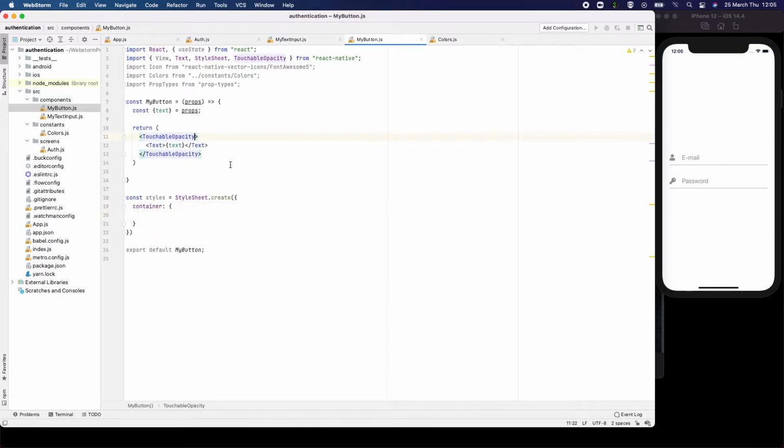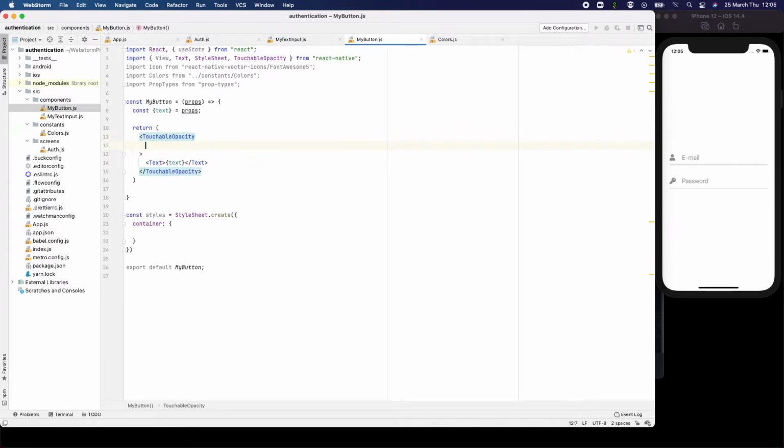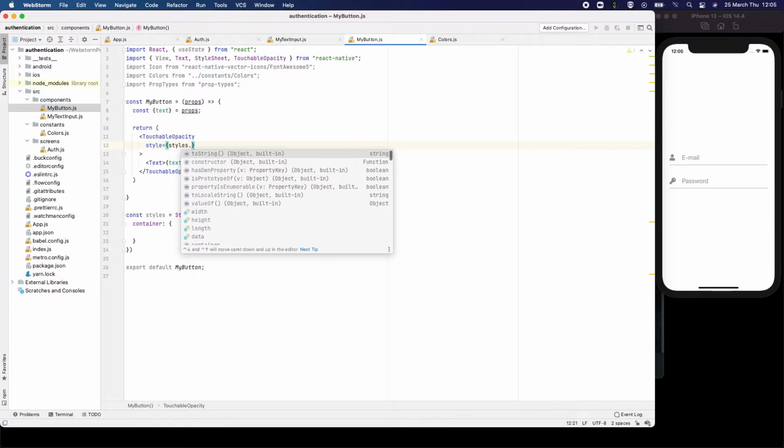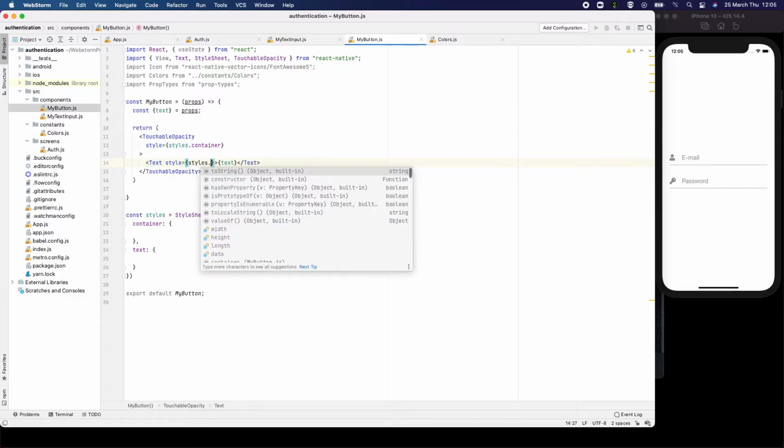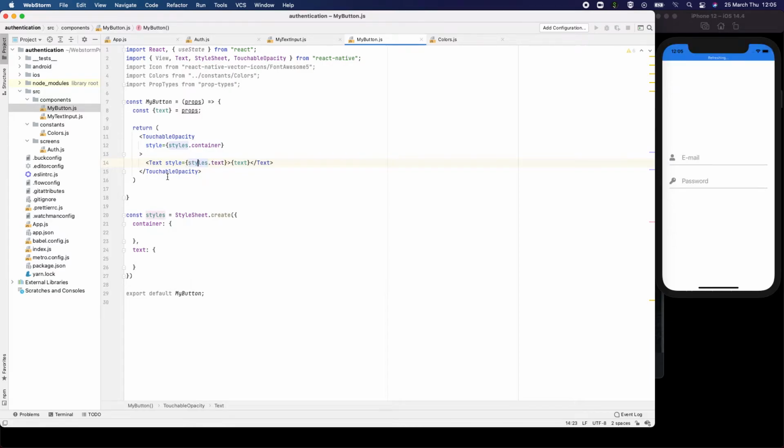So let's style will be styles.container, and also maybe for text we can say for the style, and let's write style will be styles.text, and style now